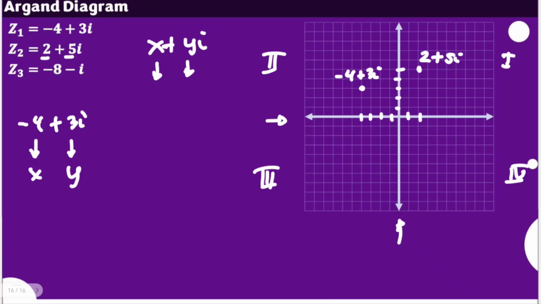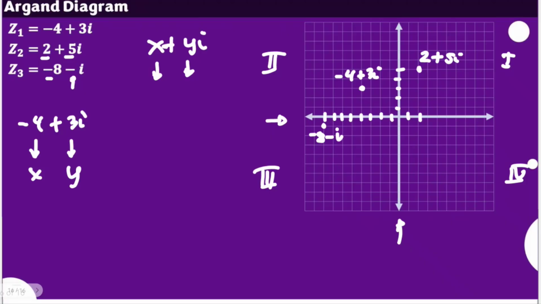And for the last one, our z sub 3, where we have negative 8 and, of course, we know that if both numbers are negative, it would be on the third quadrant. So negative 8, that's negative 4, 5, 6, 7, 8, and negative 1. Here, this is our 8. Sorry, that should be 8